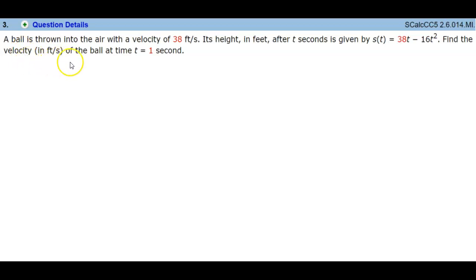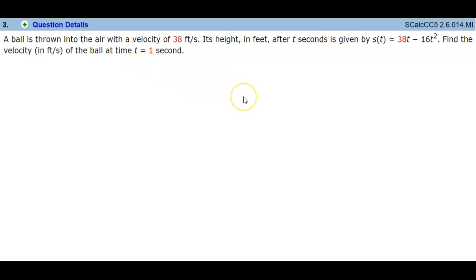A ball is thrown into the air with a velocity of 38 feet per second. Its height in feet after t seconds is given by the function s of t, which is equal to 38t minus 16t squared. We want to find the velocity in feet per second of the ball at time t equals